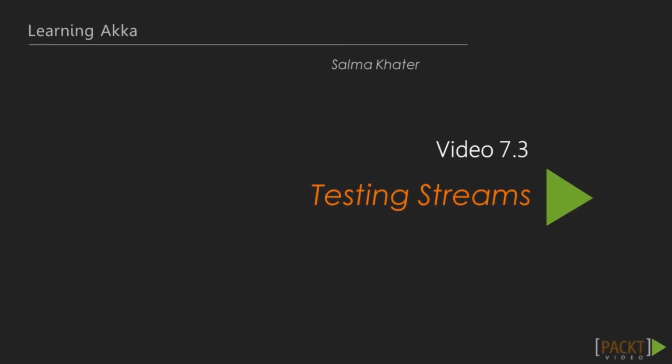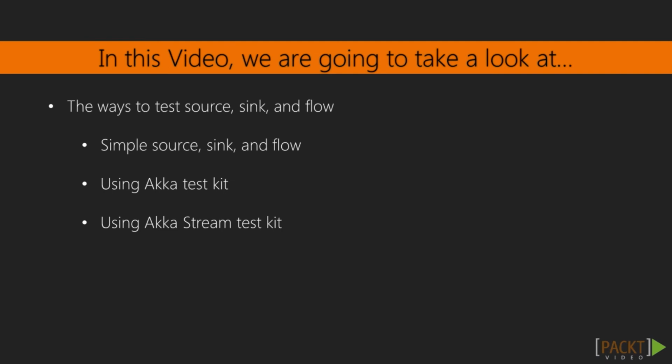Welcome to the third video in Section 7, Testing Streams. In the previous video, we were implementing the reactive tweets application, and I hope you checked the complete example code. In this video, we will take a look at different ways to test source, sync, and flow. We will test source, sync, and flow using the following methods: